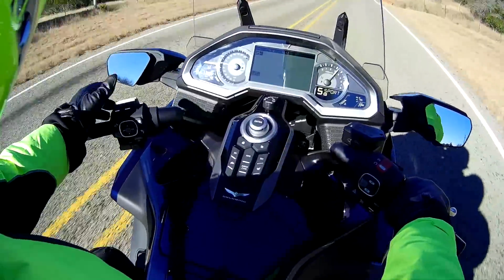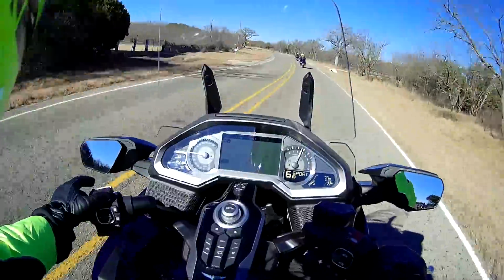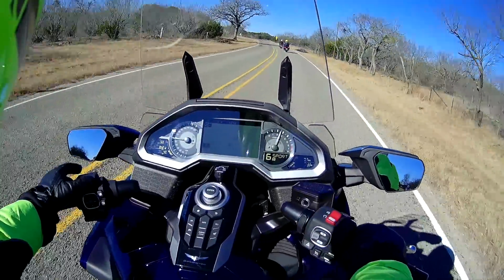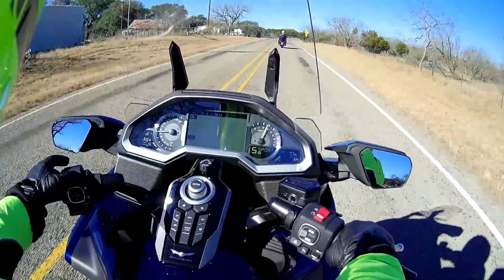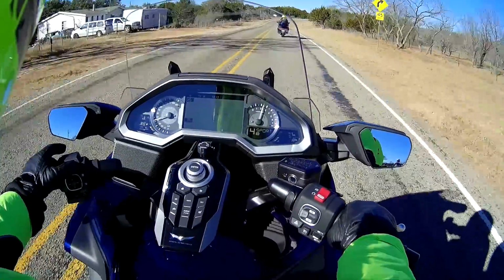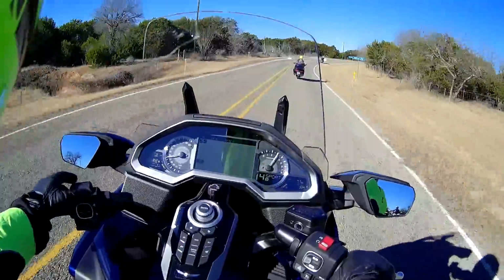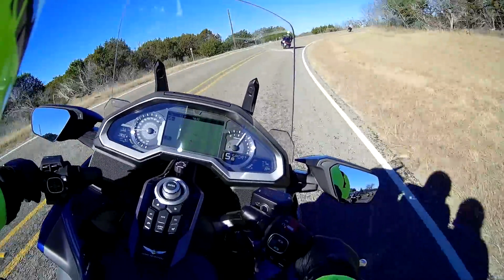So let me show you the electric windshield. The full up position is pretty high. I'm actually looking through the windshield. The windshield's about 2 or 3 inches above my line of sight. And then the full down position, I get a lot more airflow. So I keep it right about level, an inch or so under my